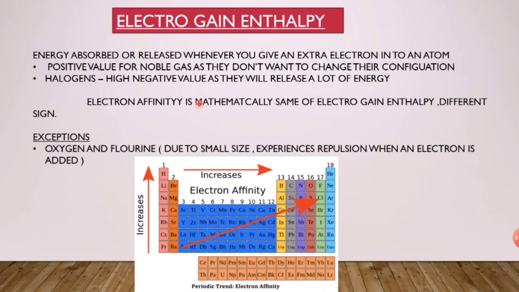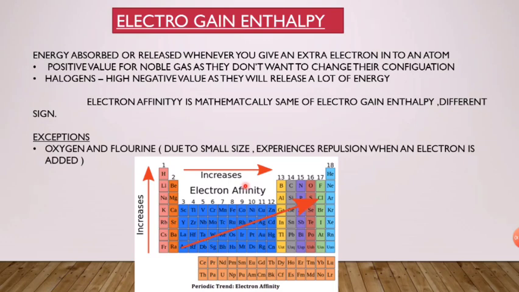And when we consider the trend, moving from left to right in a period, electron affinity increases. Why? The nuclear charge is increasing. Therefore even if one more electron is added, the nucleus will have the ability to hold that electron towards itself. While, let's consider a situation where the nuclear charge is low. When the nuclear charge is low, the nucleus will not have that much ability to hold the valence electron towards itself.